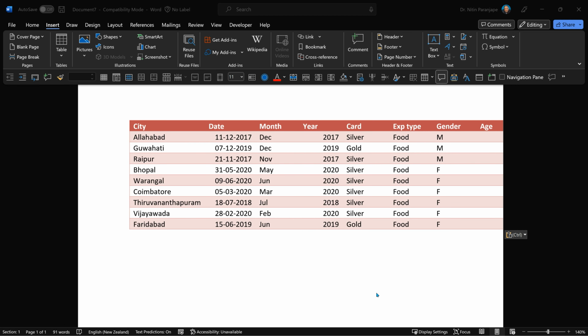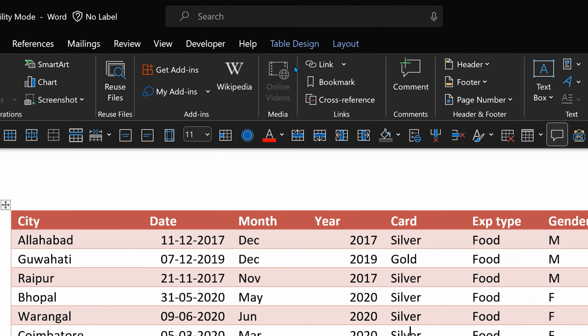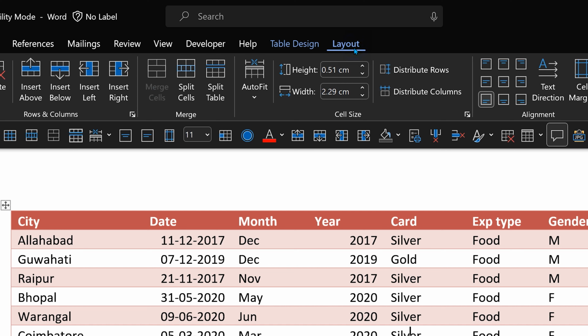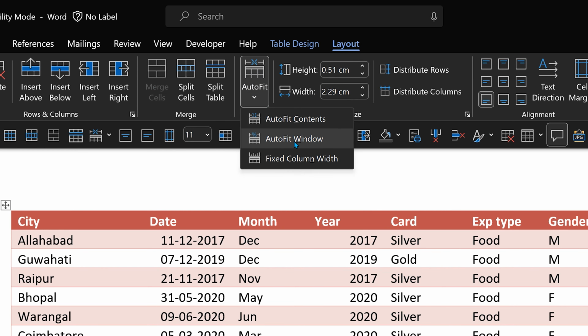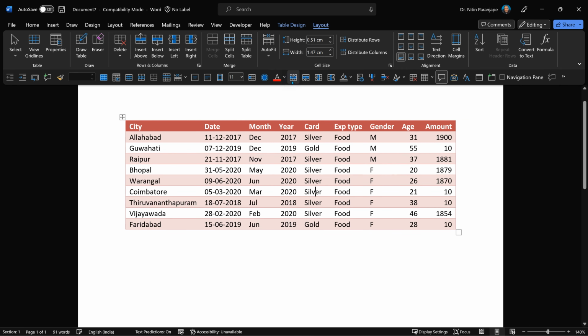Unfortunately, it created another problem because there were too many columns and they are not fitting into the page. Don't try to struggle with the page width, landscape. No, just click inside the table. Notice that you get a table menu. There's a layout problem. Go to AutoFit and say AutoFit to window. Page is also called a window. And as far as possible, it will try to fit it. But if there are too many columns, beyond a point, there is no way to repair it. So those are the 8 ways in which we create tables in Word.